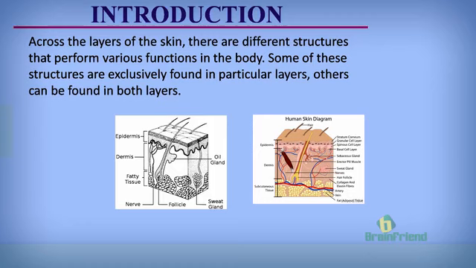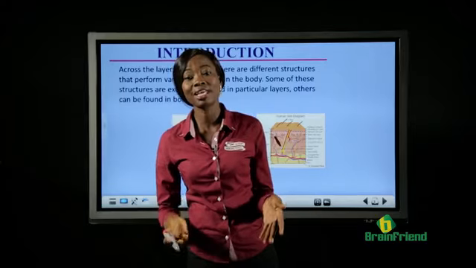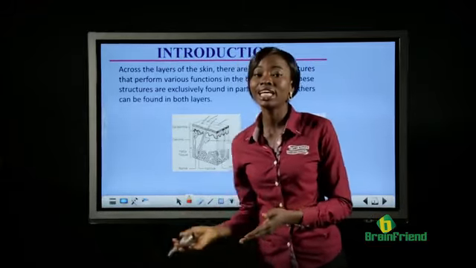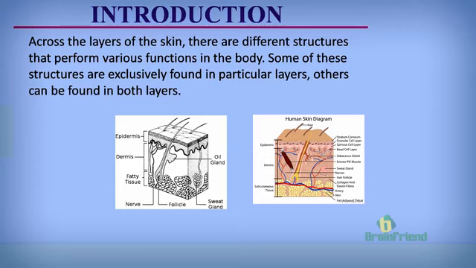Across the layers of the skin, that's across the epidermis and the dermis, there are different structures that perform various functions in the body. The structures are found in the skin and they perform various functions in the skin as well as in the body. Some of these structures are exclusively found in particular layers. That means there are some of the structures that are found only in the dermis, while there are some found only in the epidermis, while some other types of the structures are found in both layers. In today's class, we shall look at these different types of structures and find out some of the roles they